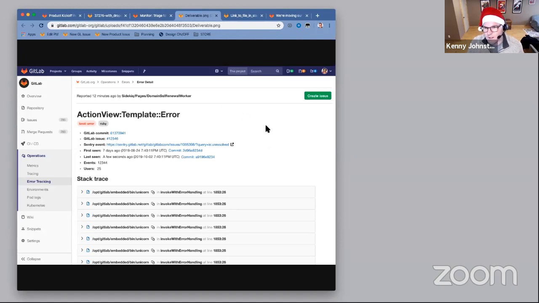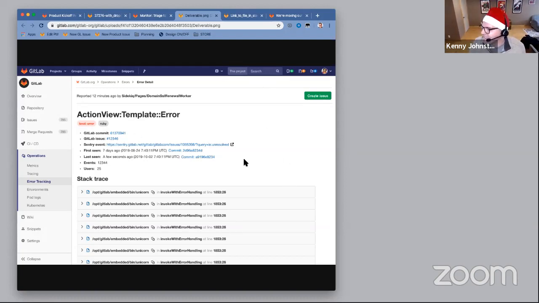So in this case, I'm showing you an error detail page that has the tags from Sentry. So that's things like the severity of the error, as well as the language that generated the error. Also, you'll notice this GitLab commit link and the GitLab issue link. Those are great contexts that allow you to stay in your one single application, and are another example of what Jason kind of highlighted, where we're making connections across stages and across different parts of the application that are only enabled by a tool like GitLab.